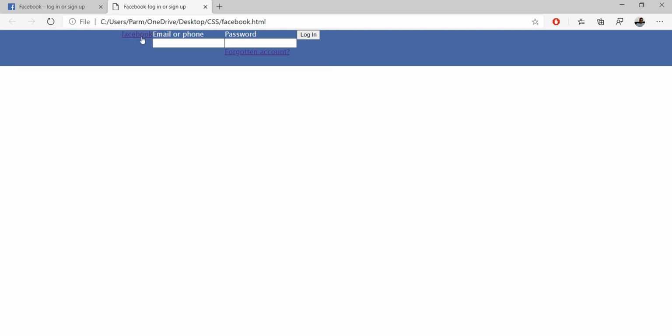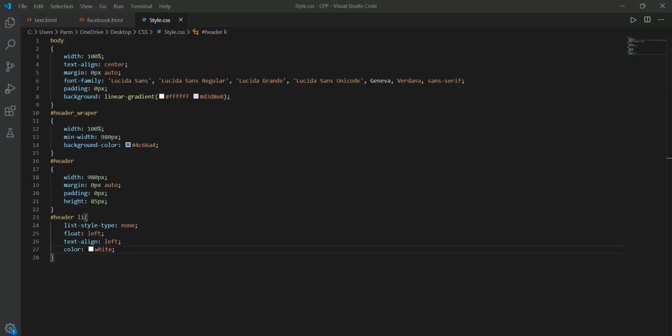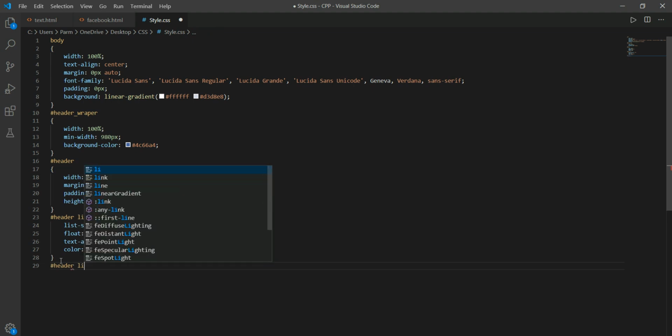Now if we see, this color is not applied to this Facebook, because this is not in the list. This is written within the anchor element. So for that we have to write styling. For this we have to write header, and within the header we have to write, or we can create another ID for this.